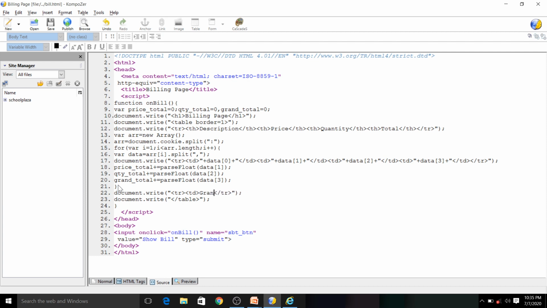If you don't want to write anything, leave this field empty. It is up to you. And then in the second td I am writing my variable name, but I had to close this string and then write my variable name price total, td close.